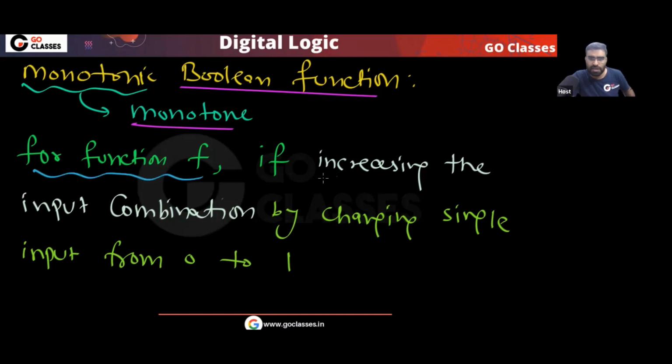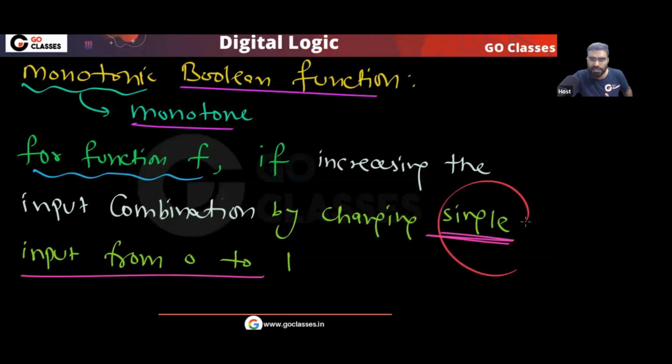For function f, if you increase the input combination by changing a single input from 0 to 1, basically I'm increasing the value of the input combination. Yes or no? If I change a single input from 0 to 1, then what I'm doing? I'm increasing the input combination. So if you increase the input combination by changing a single input from 0 to 1, then this function